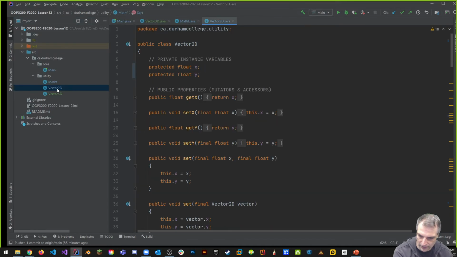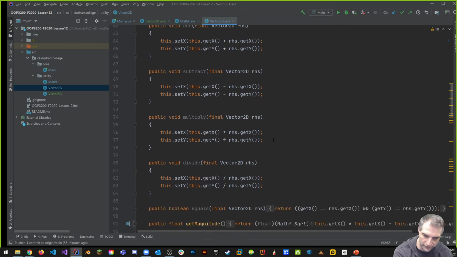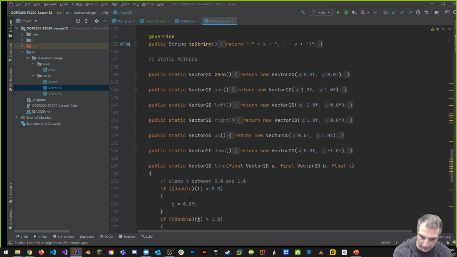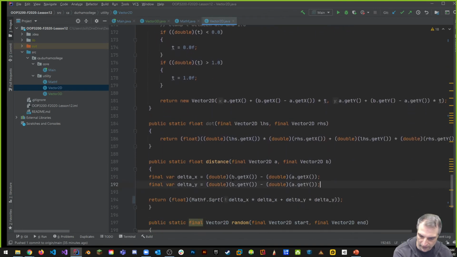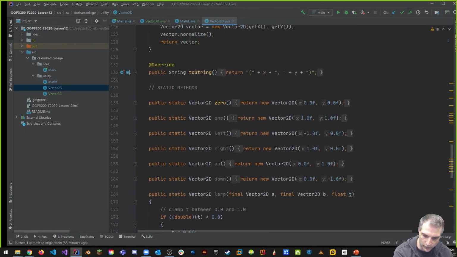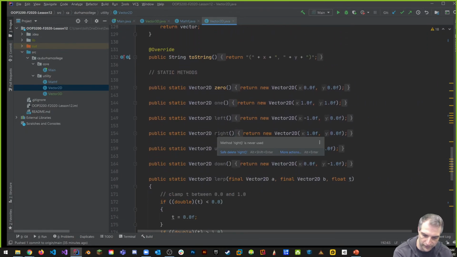For example, vector 2D. Do I have a vector 2D min and a vector 2D max? Do I have that functionality here? If I wanted to make mins and maxes, here I've got distances and everything else. But is there a case to find the minimum value or the maximum value of something? Well, there is. If I wanted to sort, as an example, by a vector 2D, create a sort,